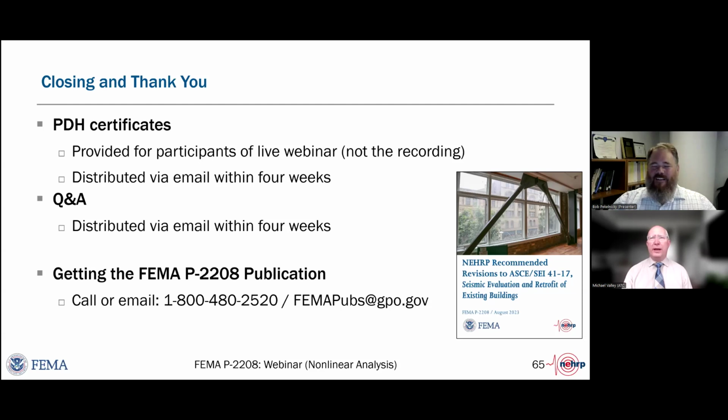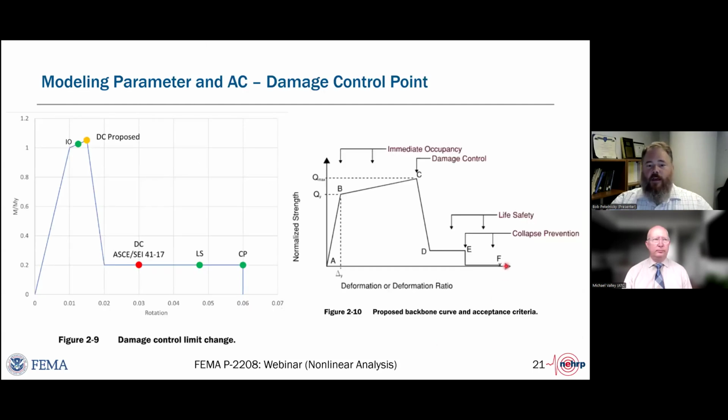You mentioned the introduction of point F on the backbone curve. Do you expect that will lead to more economical designs? The hope is that it will, because the intent of creating this point F, and I'll attempt to jump to the slide on point F right now, is that it will allow the building to have less retrofit, or show that the building in its current condition can meet the collapse prevention performance level. So this goes back to trying to better understand at what earthquake intensity the building truly does or does not meet the collapse prevention performance criteria.